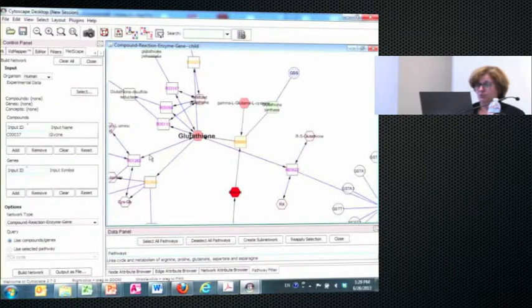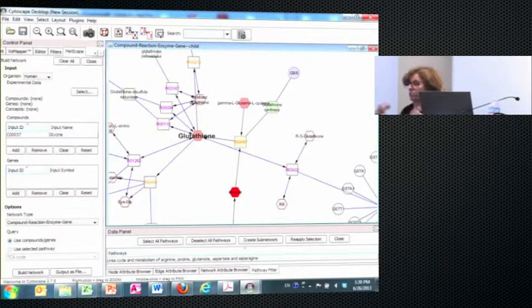Okay, so the edges are blue, and the nodes are kind of this more pale color, I don't know if you can tell the difference. And so what you can do is keep expanding that network in the direction that you're interested in to bring more compounds into the picture that you want to look at. Okay, so